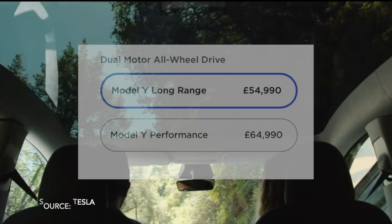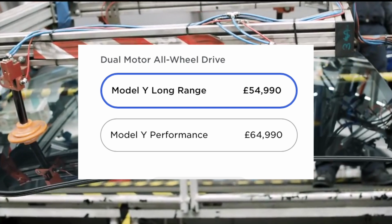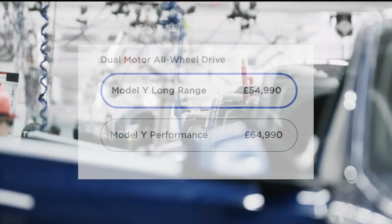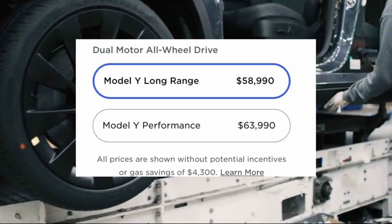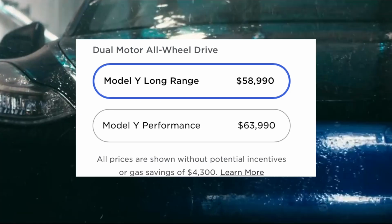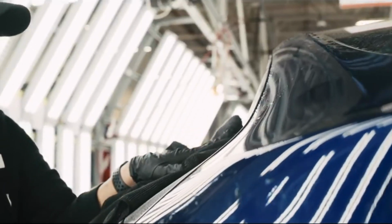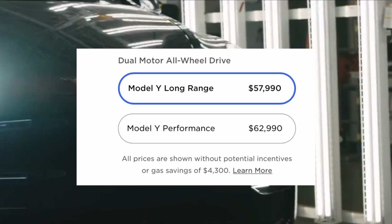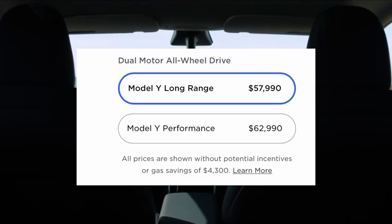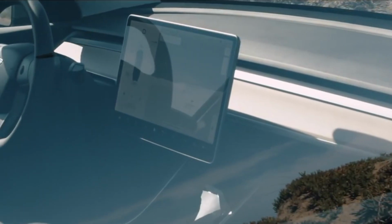This is all for the grand price of £54,990 for the long range, £64,990 for the performance, or $58,990, or $63,990 in the US for both variants. In between recording this voiceover, the price actually increased another $1,000. It's had a price increase of around $8,000 since the start of the year alone in the US, which is